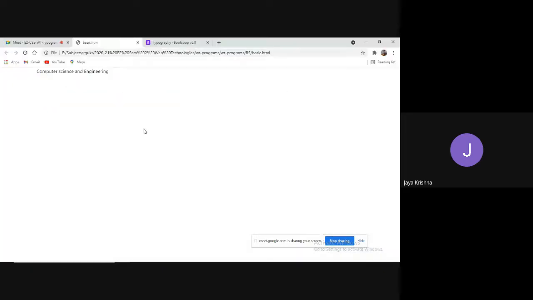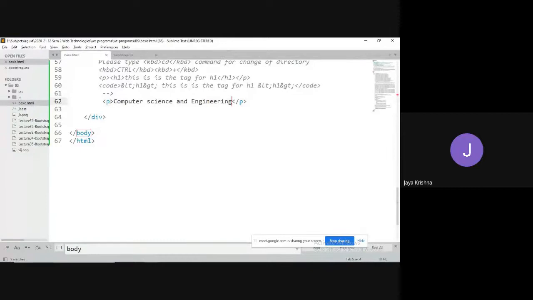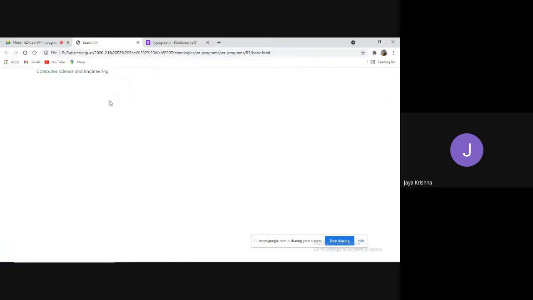What I will do is I'll go for a class called... I would like to get some kind of color. For example, I would like to get some kind of green color. Green color is the indication for success, right? That is the reason they may have given the name. So as I'm applying the success color for the text, I'm going to use text-success. Its color is automatically changed to green.